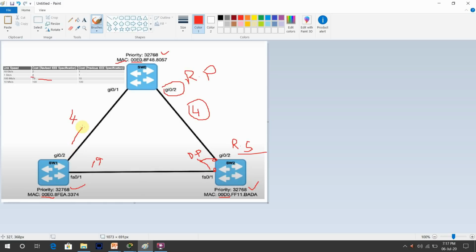This link is 4 and this link 4, so 4 plus 4 is 8, which is still okay. From this directly connected link to the root switch, it is 19. So 19 is bigger than 8. So port gigabit 0/2 will be the root port for this switch. Did you get me now?